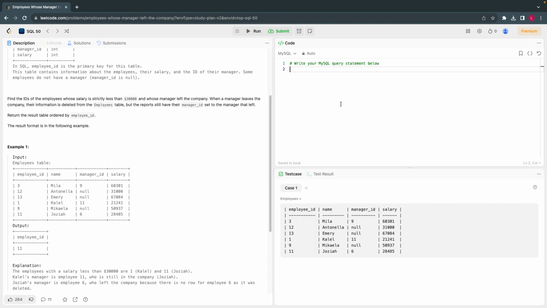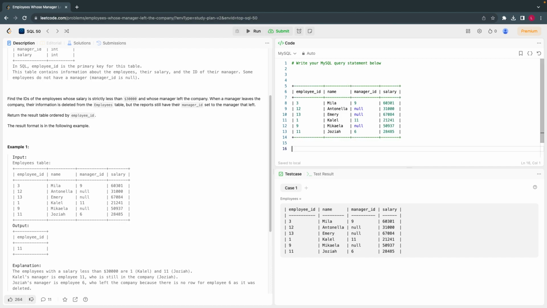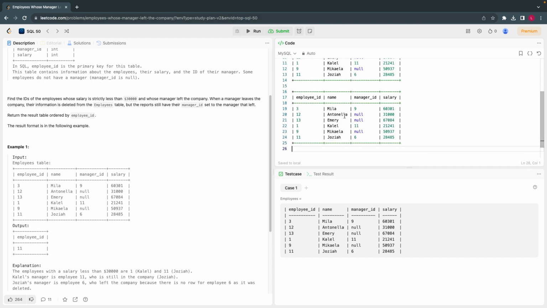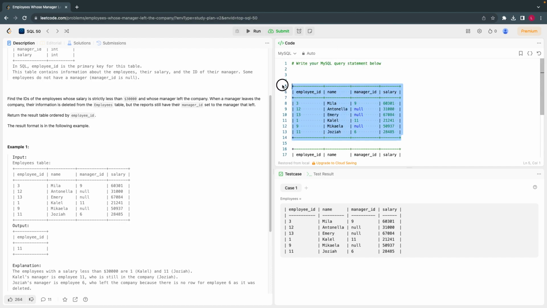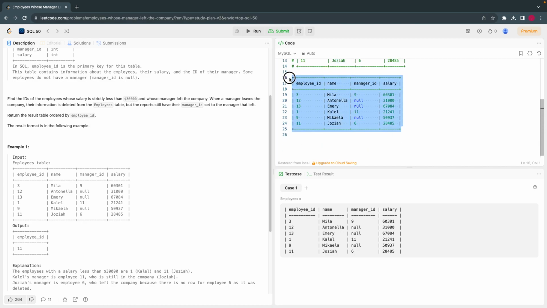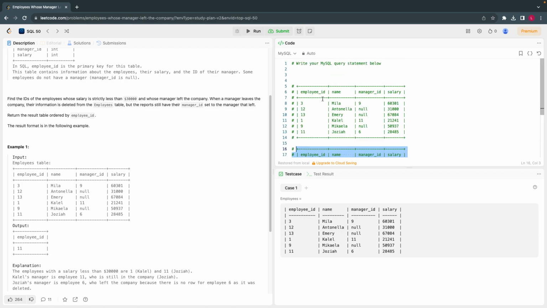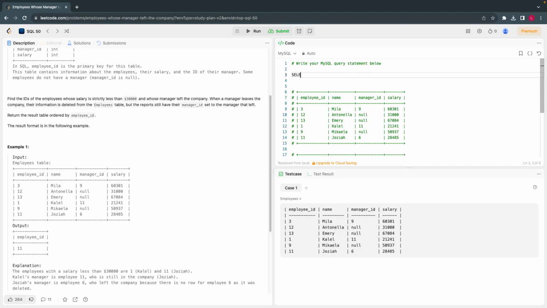How do I solve this? Let's create two tables, because there is only one table. I'll take this as table 1, table 2. From this table, I'll print out all the people whose salary is less than. Select what they are asking. Let me take all. Select star from